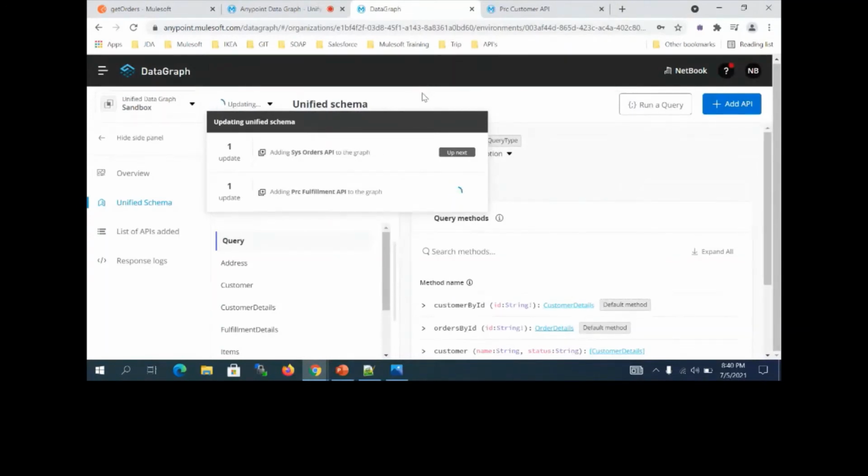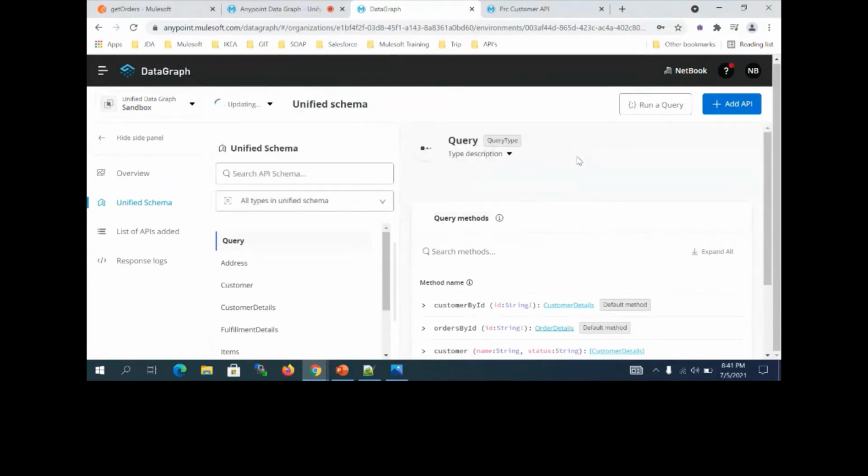The first time, the first API when you add it, it will take less time, and when you add more APIs, it is going to take more time. The reason is it needs to be updated with the existing schemas, so it will take some time.